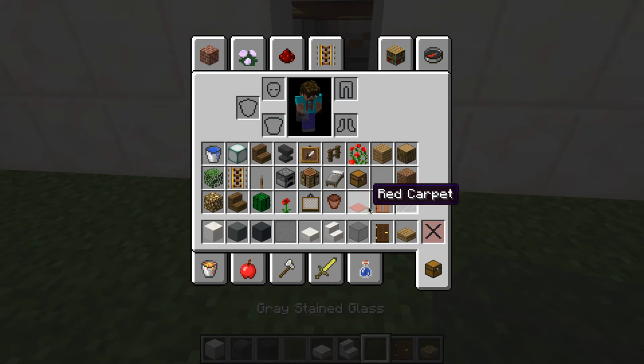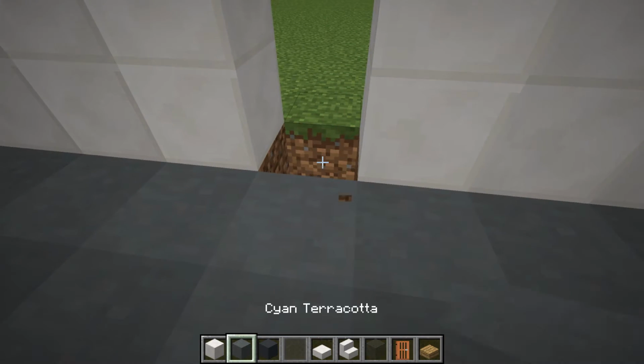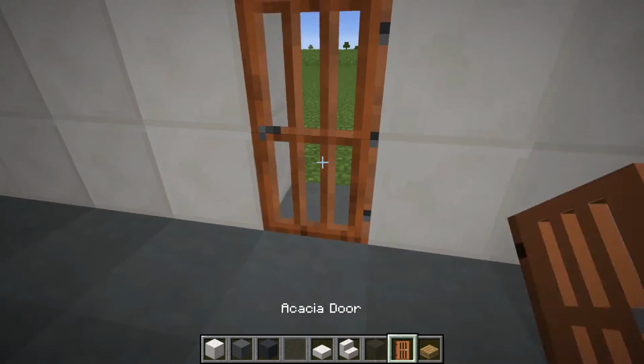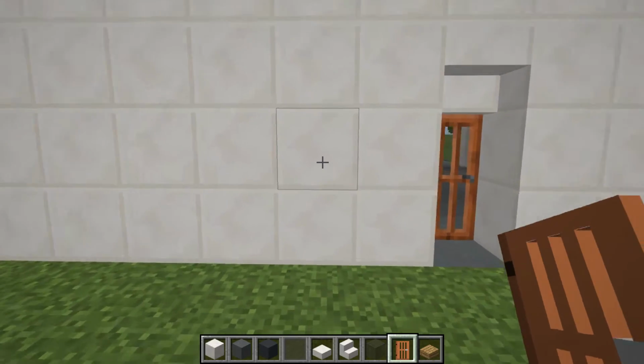This is going to be a back door, so we make it acacia. This has to become cyan terracotta, otherwise it doesn't fit. And we've got a door there. Perfect. We are then going to come